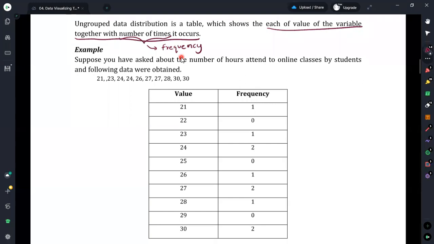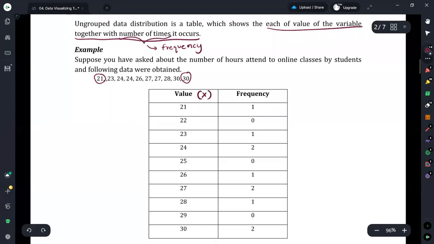Here the data is in ascending order, but for the easiness of these arrangements, first we can rearrange the data in ascending order. It will make our calculation easy. The smallest value is 21 and the largest value is 30. Therefore, starting from 21, I will write these numbers, since we are not having any decimal values, from 21 to 30 with an increment of 1. That is how I am taking the values for this X column.